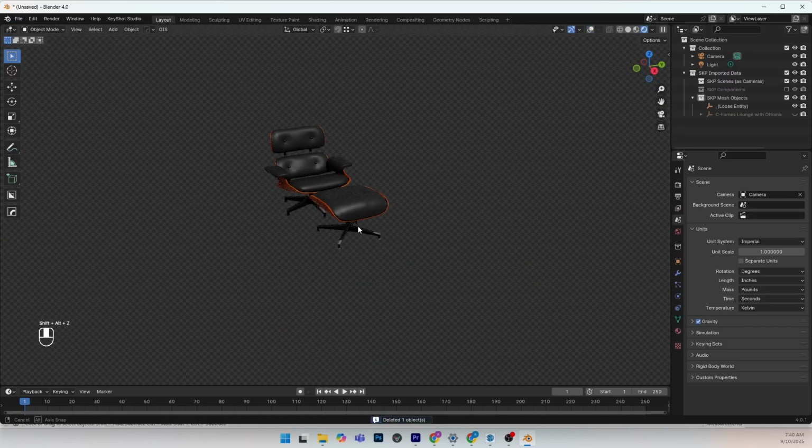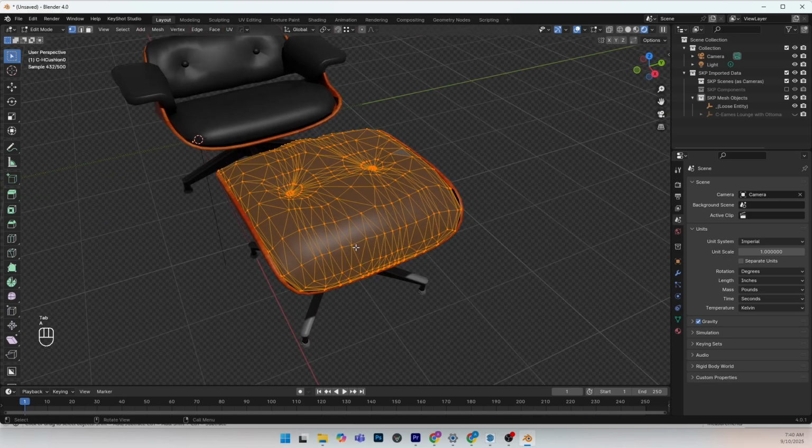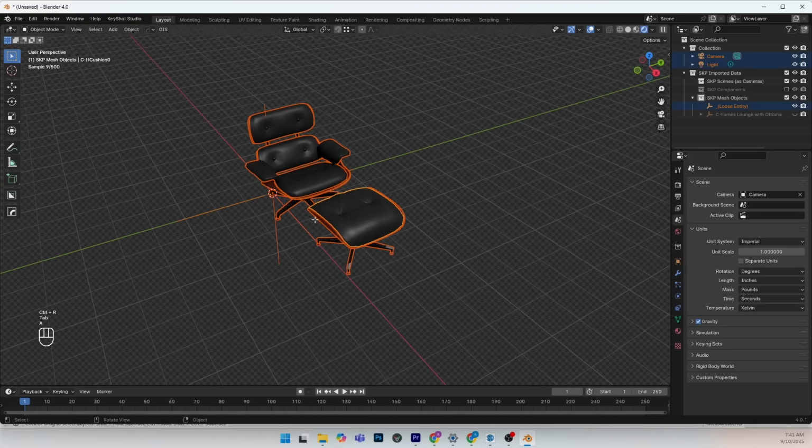You may want to fine-tune your materials and convert the triangulated mesh to quad geometry, but if you add this to your asset library, you only have to do this once and you can drag and drop it into any future scene. If this add-on doesn't work for you, here's another way to import a SketchUp file into Blender that